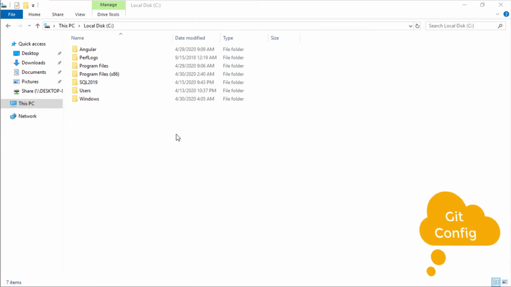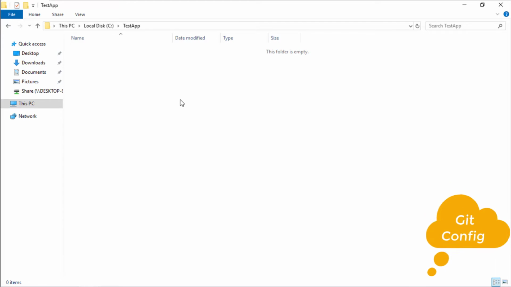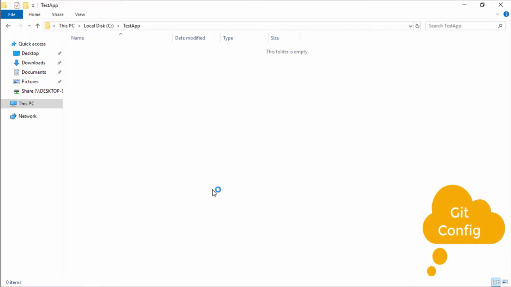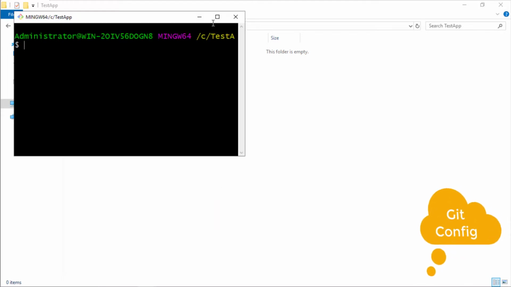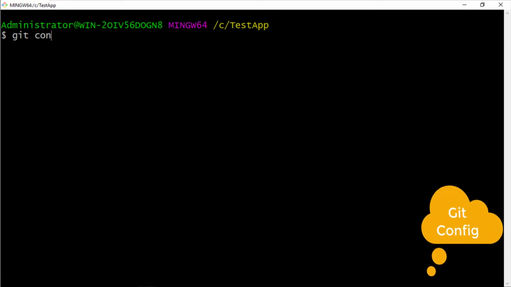I'm going to add one folder here, test app, in my C drive, and then I'm going to initialize Git Bash from this folder. Right click and you can see the Git Bash Here option. Just click on it, maximize it and zoom in, and then type git config